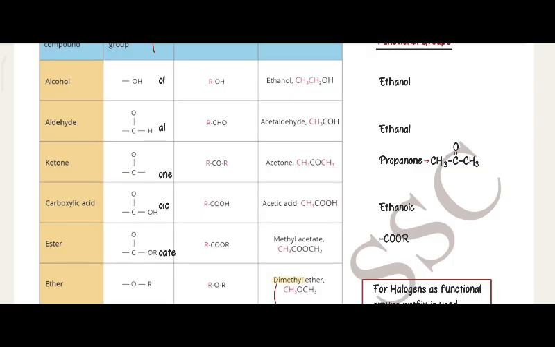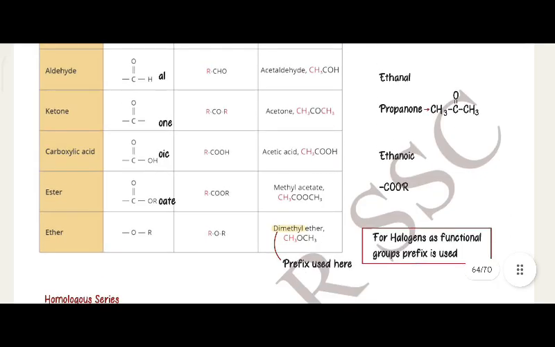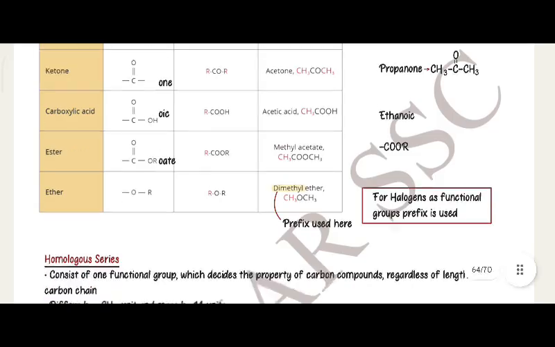CH3COCH3, propanone, CH3 C double bond O CH3. Carboxylic acid: C double bond O, OH, suffix -oic, RCOOH, acetic acid, CH3COOH, ethanoic acid. Ester: C double bond O, OR, suffix -oate, RCOOR, methyl acetate, CH3COOCH3. Ether: OR, ROR, dimethyl ether, prefix used here,